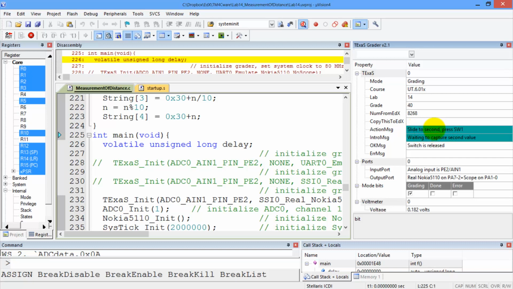Now it says slide to the second point. So what I'm doing is I'm moving my slide pot to another spot. You see the voltage change right there. And press the switch again. All right? It said now move it to a third spot. So I move it again. You notice the voltage down here changes. It doesn't matter where I move it to, I just have to move it. There's the fourth point. Move it again. Again, it doesn't have to be in all one direction. Push it again. Slide it one more time